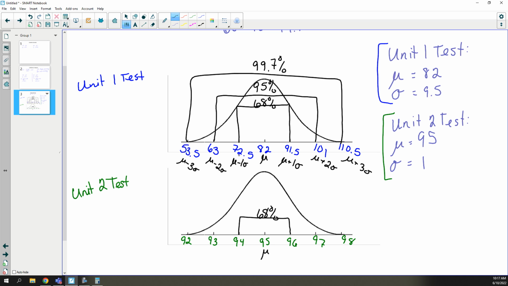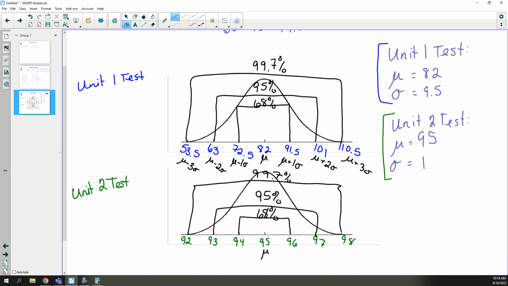That was very different than the Unit 1 test, where it was only a 72.5 to a 91.5. 95% between 93 and 97. And then last but not least, between 92 and 98,